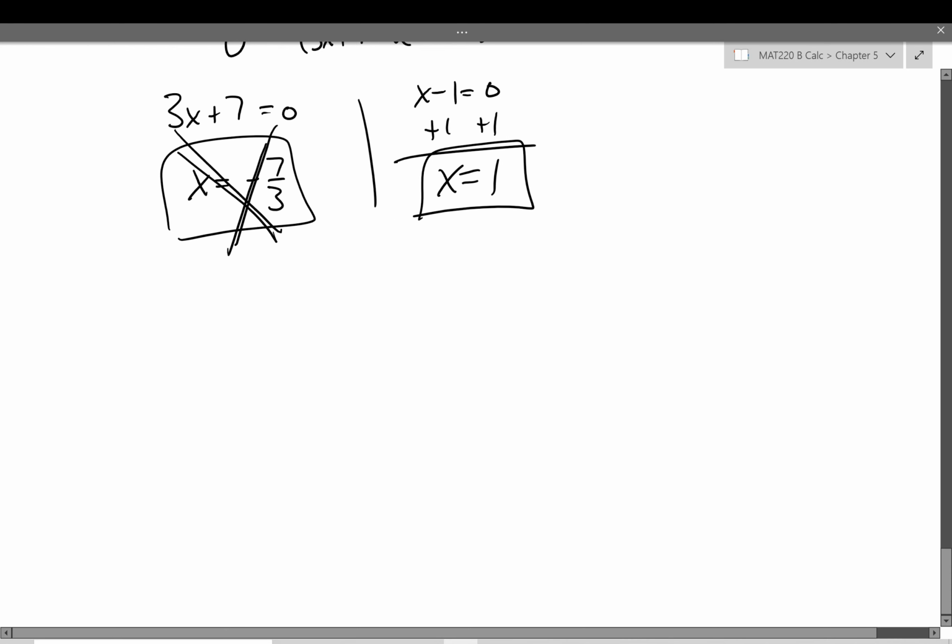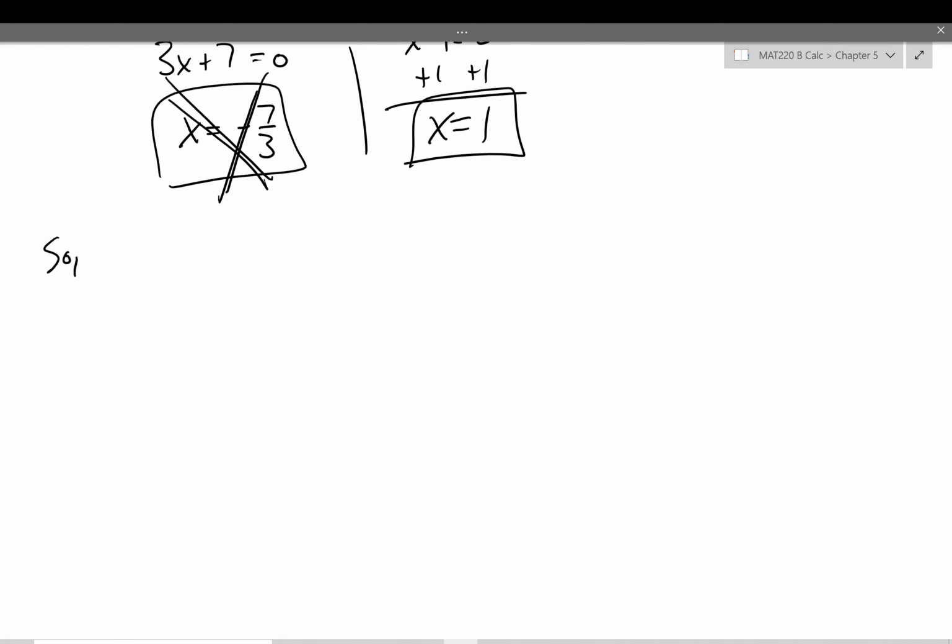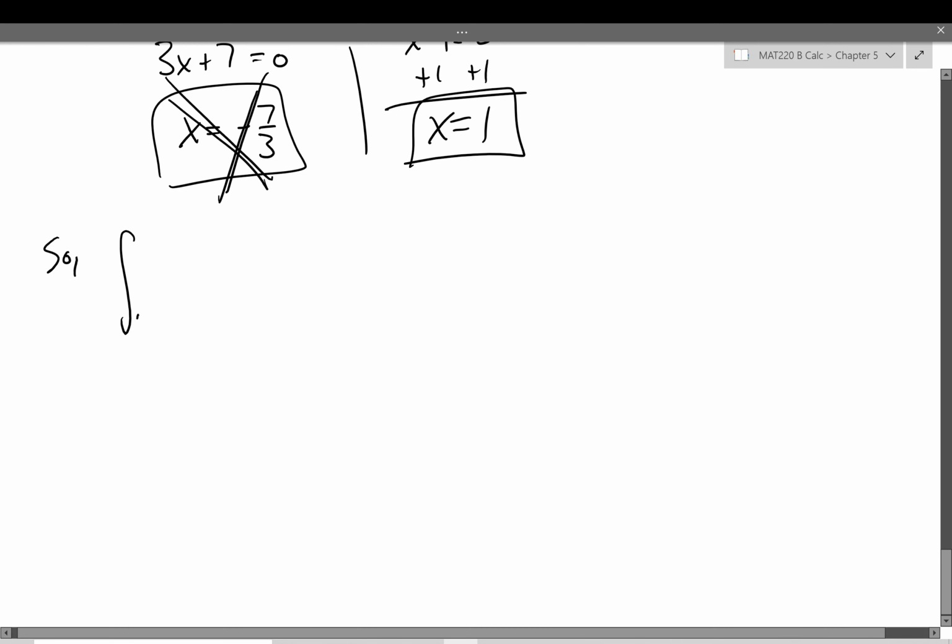All right? So here's what we have. We're going to have two integrals for two regions. The first region is going to be the integral from 0 to 1 of the upper, which is going to be 12 minus 3x squared, minus the lower, 4x plus 5, and this whole thing dx,